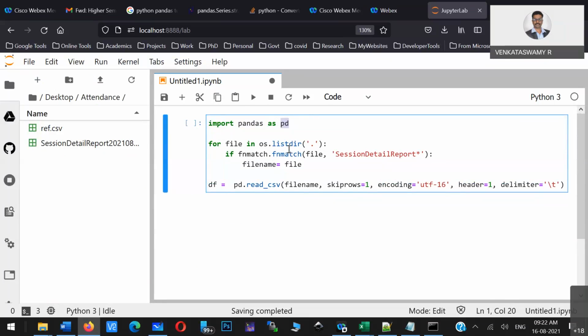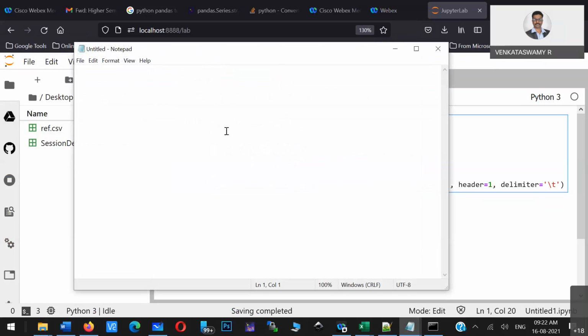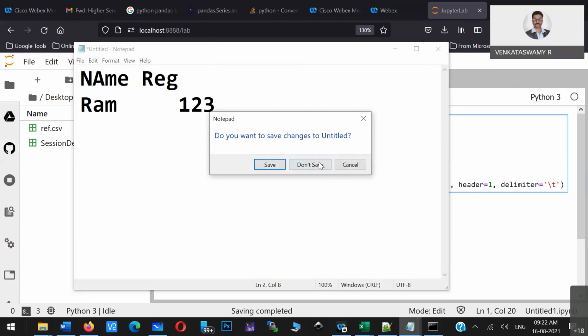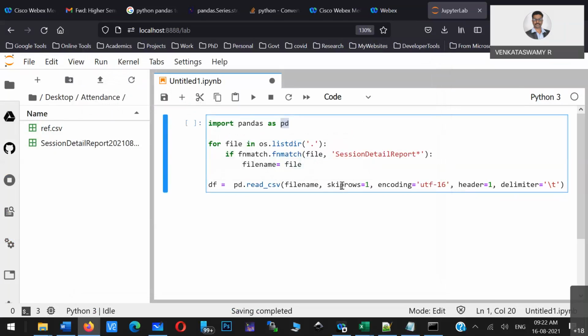It can also be some formatted content in a text file, an ASCII file. You understood? In a text file you can also save some kind of data, say for example a name, like Ram, and a register number, maybe 123. Some kind of formatted content you may also store in a text file, or any spreadsheet, or any relational data.